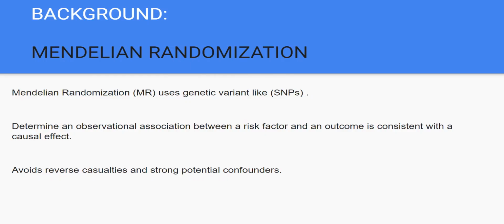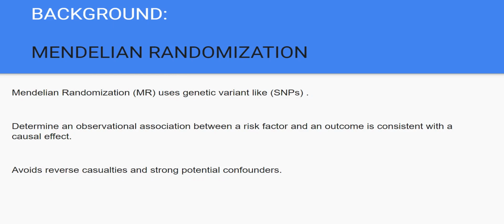Okay, so now I will tell you about the study, by which they are going to find out this causal relationship between periodontitis and the gut microbiome. It is a Mendelian randomization study, which we can call an MR study. MR is a study used in epidemiology, and it helps in evaluating the causal relationship between exposure and disease outcome. It is used to measure variation in genes, like SNPs, single nucleotide polymorphisms,